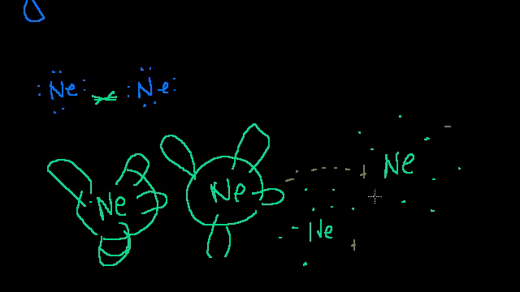But the important thing to realize is that almost at no point is the neon's electrons going to be completely distributed. So as long as there's always going to be this haphazard distribution, there's always going to be a little bit of a, I don't want to say polar behavior because that's almost too strong of a word, but there'll always be a little bit of an extra charge on one side or the other side of an atom, which will allow it to attract to the opposite side charges of other similarly imbalanced molecules.